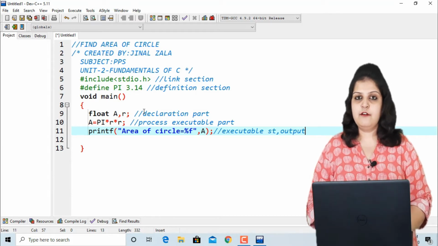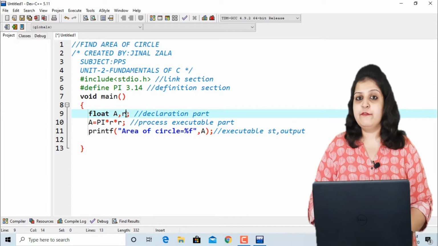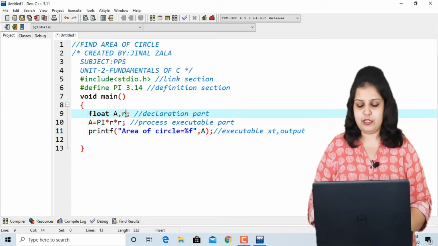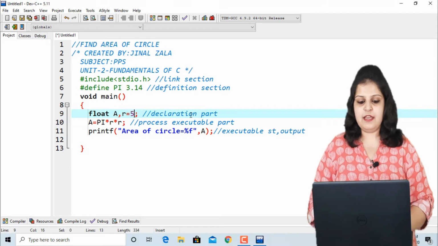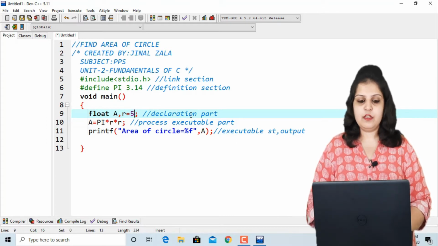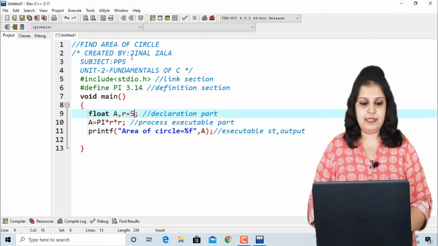Now will our output display or not? No, because here we declared the variable r, but the value of the variable is not here. So just assign the value of radius. Suppose here I am assigning r is equal to 5. Now after writing the whole program, first of all we have to compile the program. And how can we compile this?